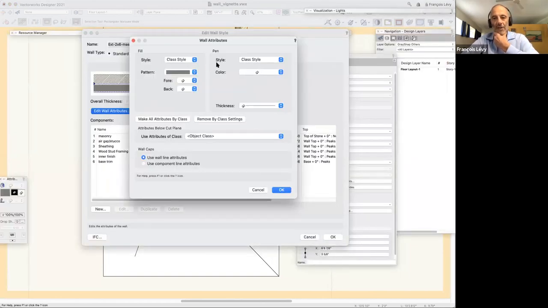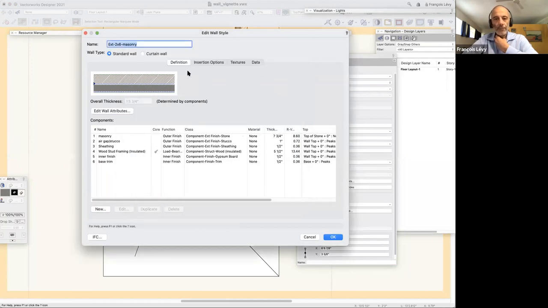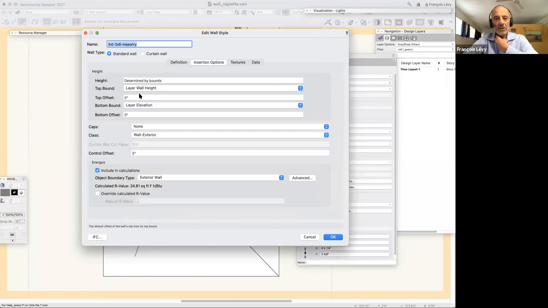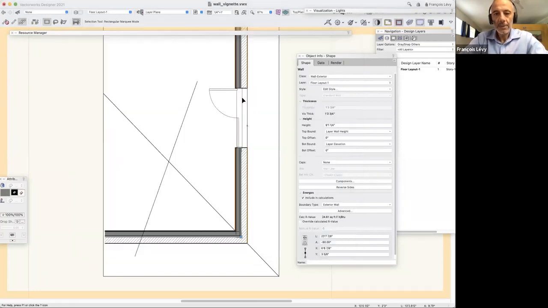So I can give it a fill, and I can give it a line weight, and all of those attributes can either be forced or they can be by the class of the wall. So if I look at insertion options, you can see that the class is the wall exterior class. And if we go to that class definition,